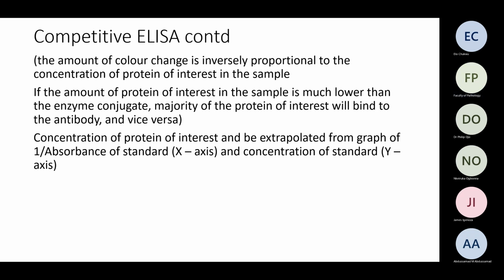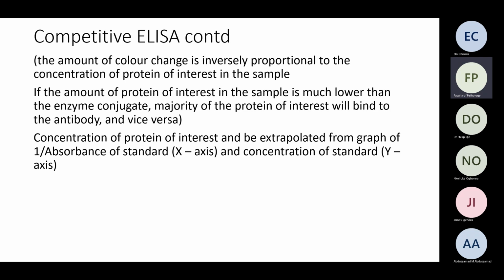And then, if your sample contained a high amount of the protein of interest, it means that most of the binding will be done by your protein of interest, and less of the binding will be done by the enzyme conjugated version of the same protein. So that is why the amount of color change